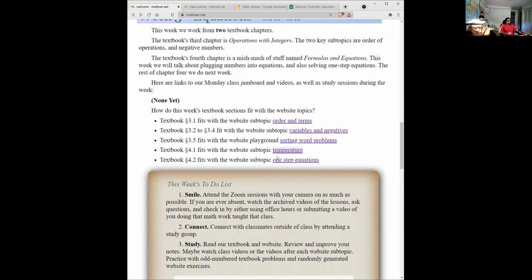Okay, we're about to change topics. Everyone okay? Questions on what we just did with order and terms and variables and negatives? Okay, onward. So for temperature,